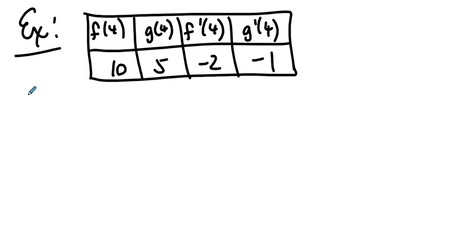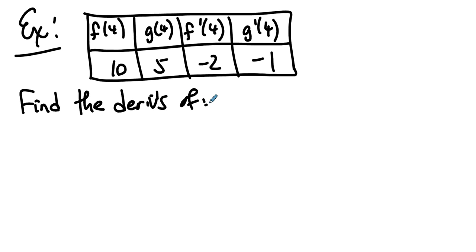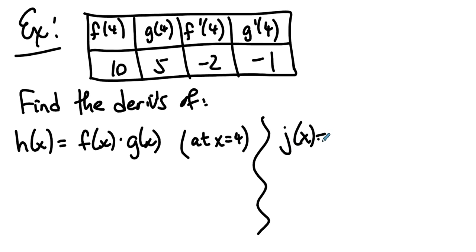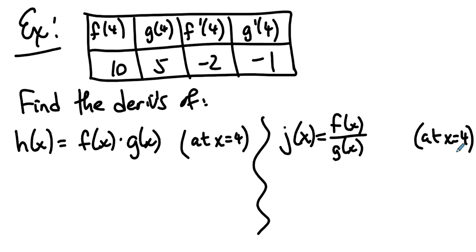So let's find the derivatives of, let's see, let h of x be f of x times g of x at x equals 4. And let j of x be f over g, and again, at x equals